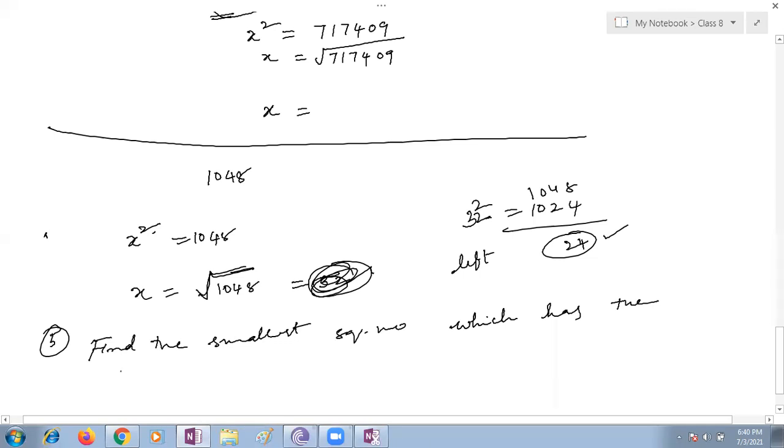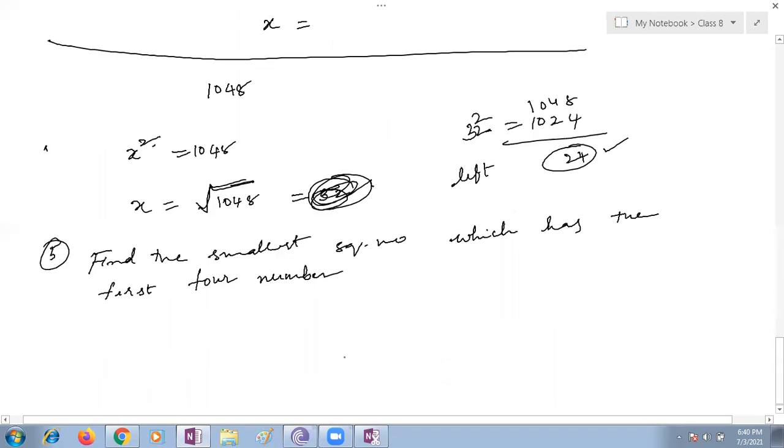Okay, ma'am. Find the smallest square number which has the first four numbers as its factors. Today my pen was not working. I don't know what is happening to it. From morning onwards, I need to change this, children. Please bear with my handwriting today. Yes, ma'am, that's why your handwriting is coming out in a signature way. Four numbers as its factors. Ma'am, is it 444100? No. As its factors.